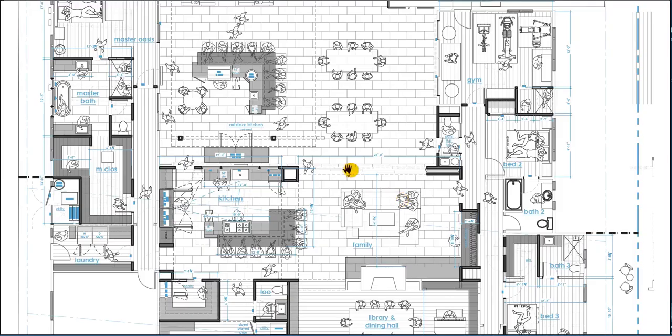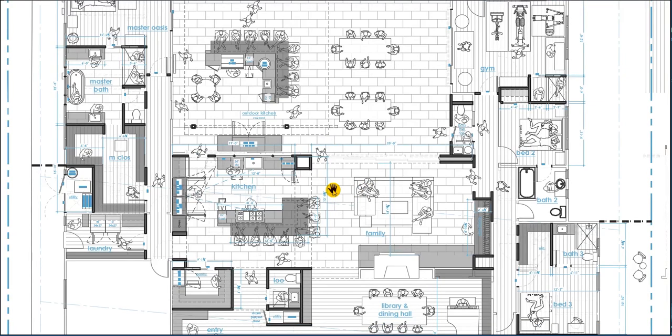So we can mock this up further when we get into 3D. It certainly doesn't have to stop getting structural engineering going, whether we want this to be tile or hardwood. Tile is going to be a lot more than hardwood, probably 4 to 5 times as much for the material and installation. So it's not a nothing increase, but again, when we look at the cost of this door and the cost of the sub-zeros here and just the cabinetry and all that, yes, the extra tile is more,